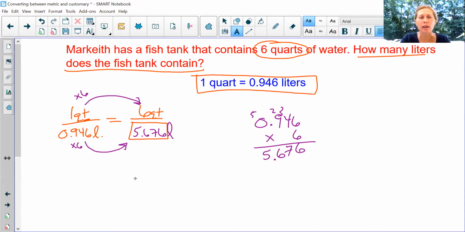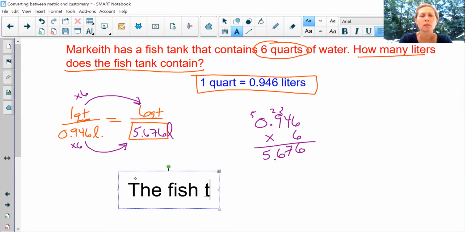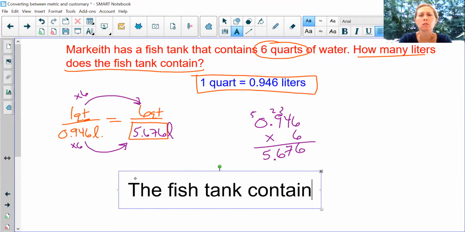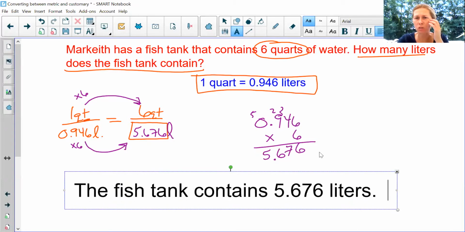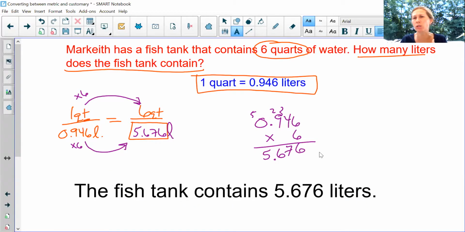So how many liters does the fish tank contain? It's quicker, and you can read it better if I write it. The fish tank contains 5.676 liters. All right, always write your answer in a complete sentence. Go back to the original question. The question says, how many liters does the fish tank contain? The fish tank contains